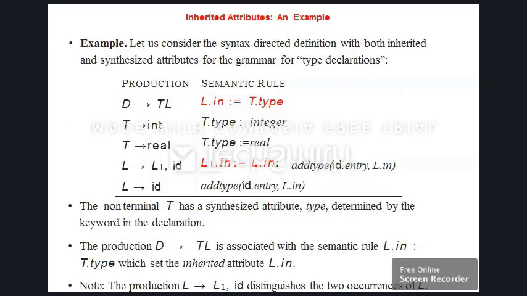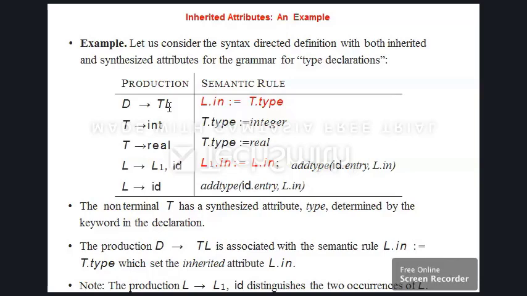Now let us consider an example for an inherited attribute. The example is given for a type declaration. A production D can have the form of TL. It represents that a declaration can be of the form type followed by a list of identifiers, that is L. I repeat, a declaration can be of the form TL where T represents the type and L represents the list of identifiers that can follow.